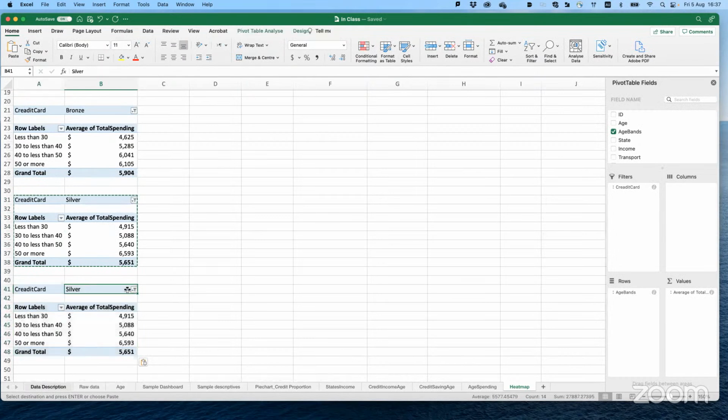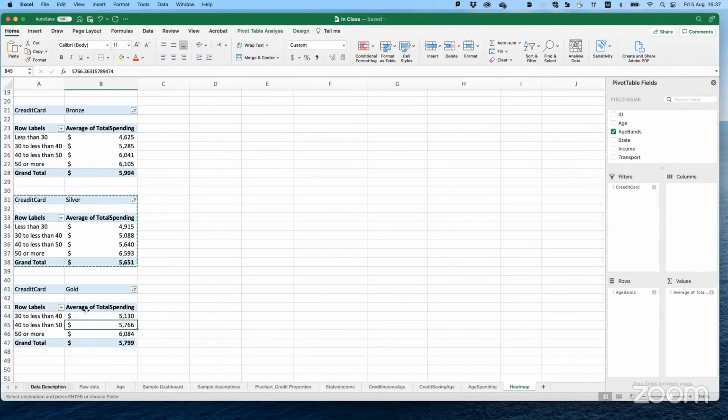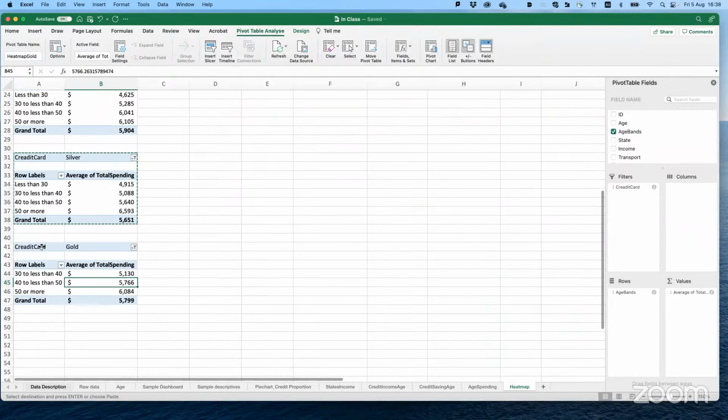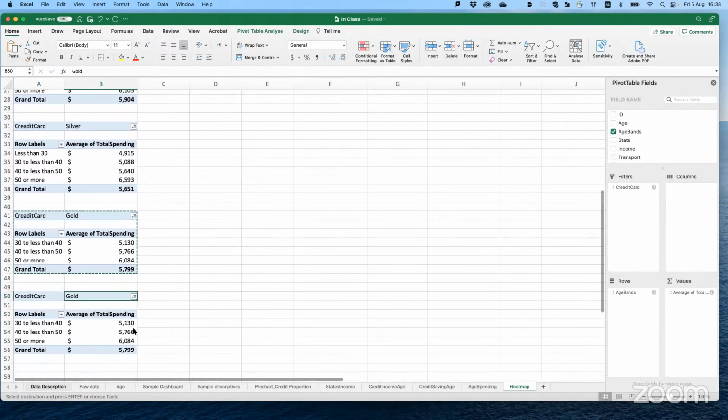Another one for gold. Heat map gold. Let me create something for platinum.